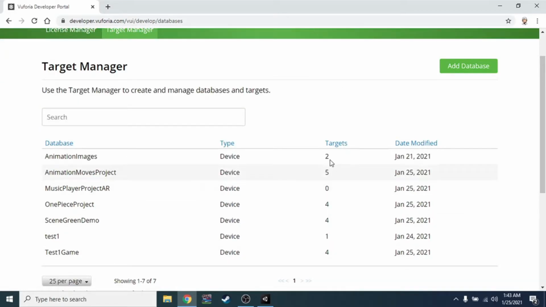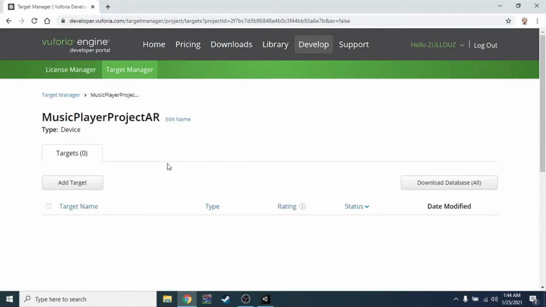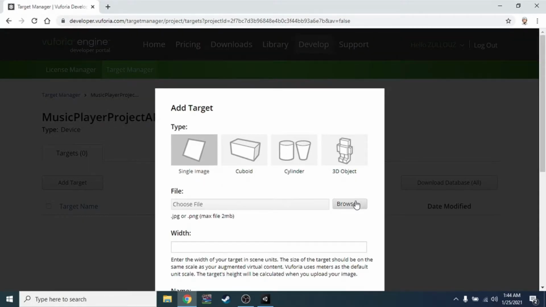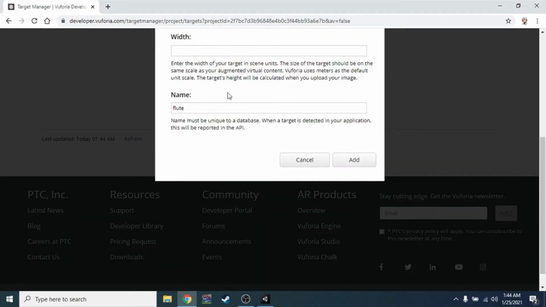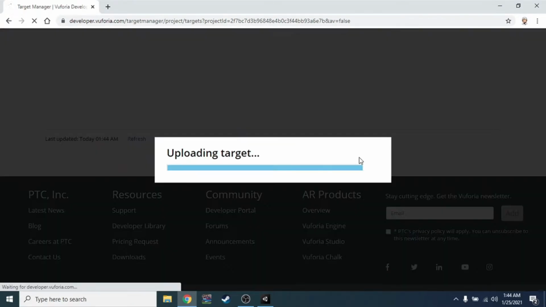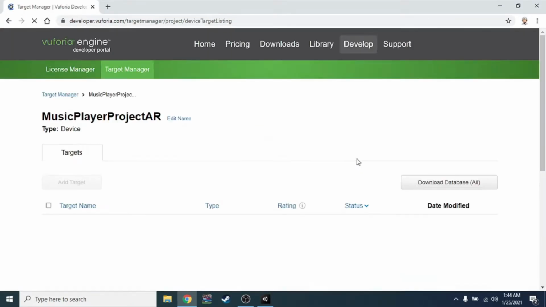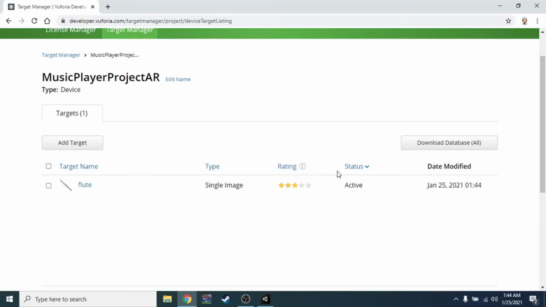We can see Target 0, which means we don't have any picture. Okay, we need to add the picture, the target. Browse, choose the picture that we want, choose one, the width 50, add. Okay, do the same for the other 3 pictures.